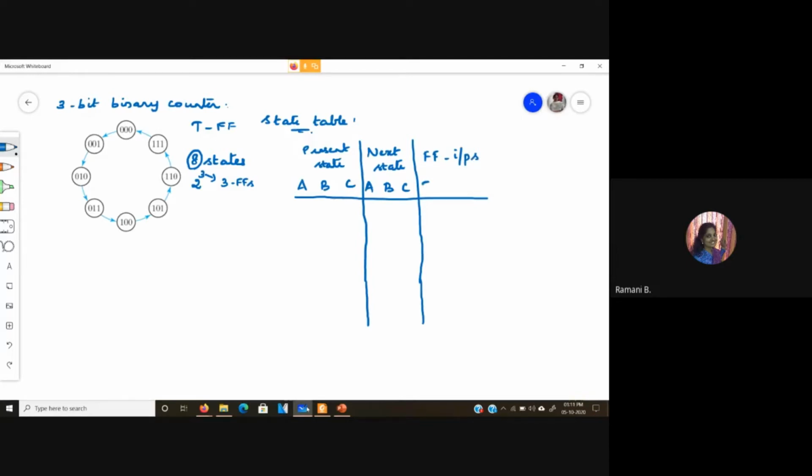For that we need the corresponding flip-flop inputs. Let us denote them as TA, TB and TC.